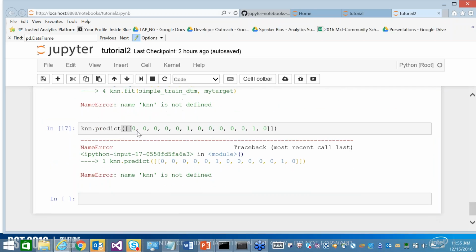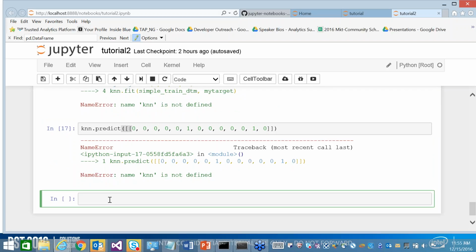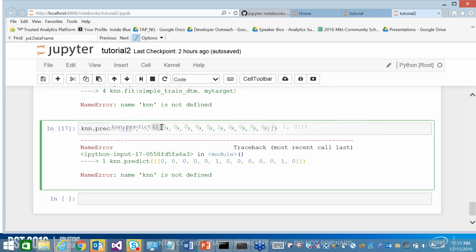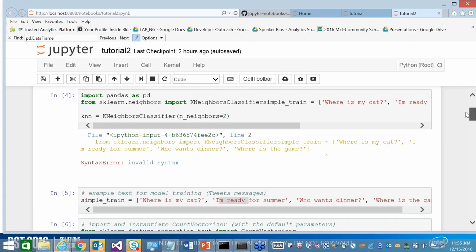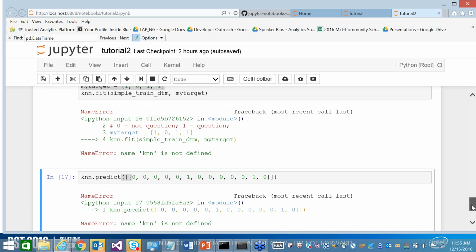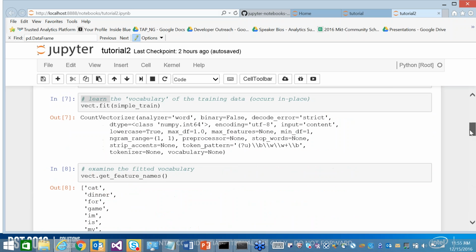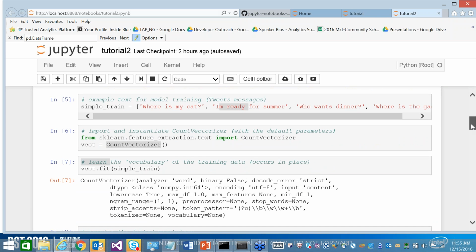And so because it has the word where and is, my guess is that if I had been able to do this correctly, the answer here would have been an array with a 1. I'll have to figure out what I did up here, because that certainly looks correct to me. But there you go. So I'll clean up this notebook, make sure that it's running correctly, and then